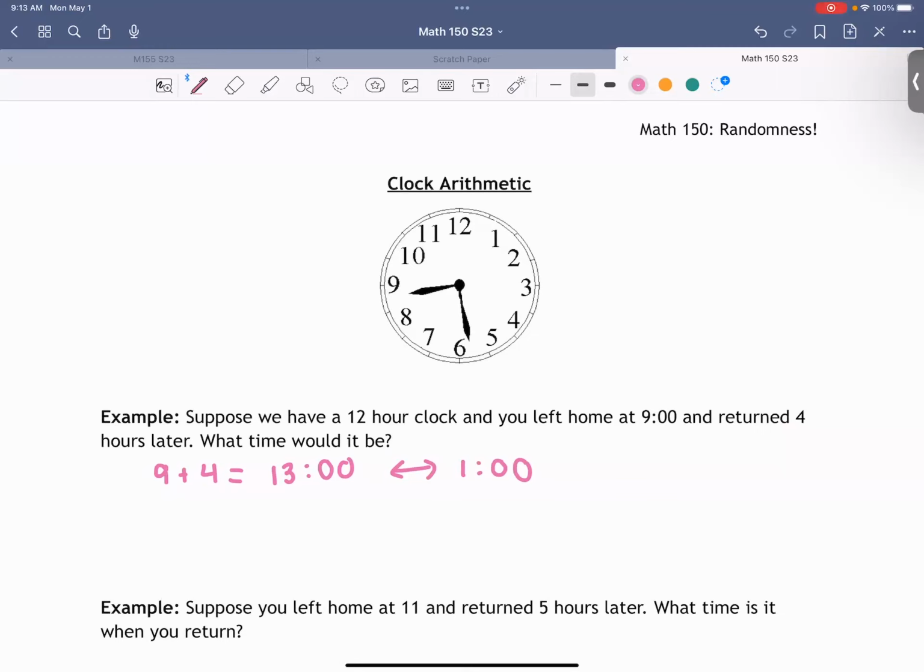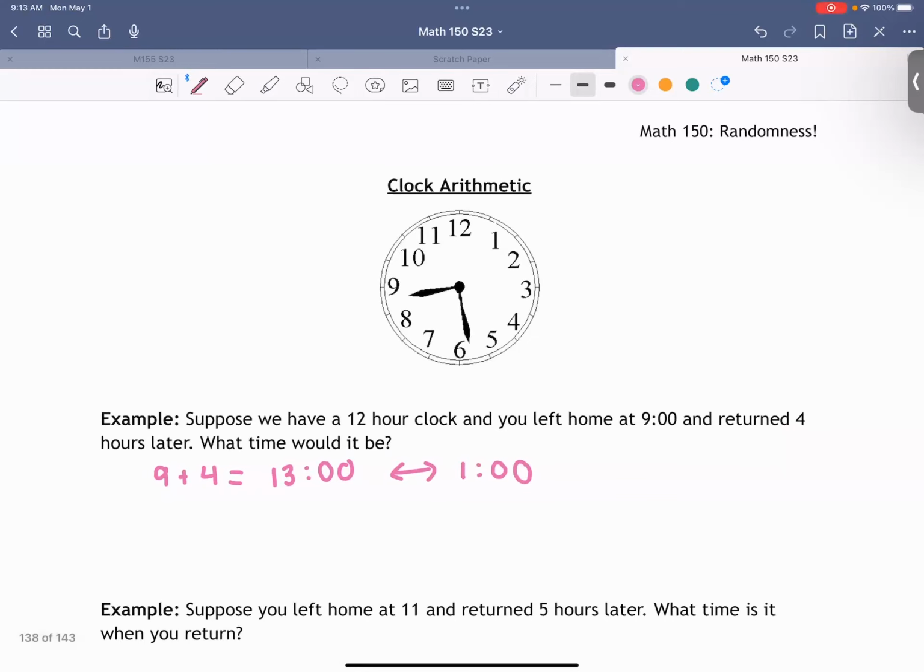So it's kind of a way to take a number bigger than 12 and turn it into a number smaller than 12, right? Okay. Now let me just show you the algorithm I use to do this. You don't have to think about it this way, but to go from 13 o'clock to 1 o'clock, what you really do is you subtract 12, right? So subtract 12 from 13, and it makes it a number between 0 and 11, or 1 and 12.